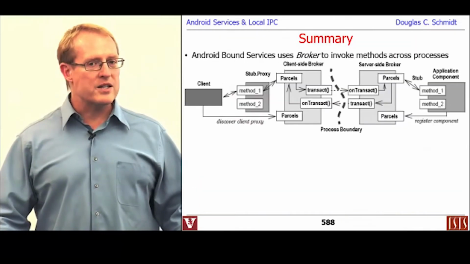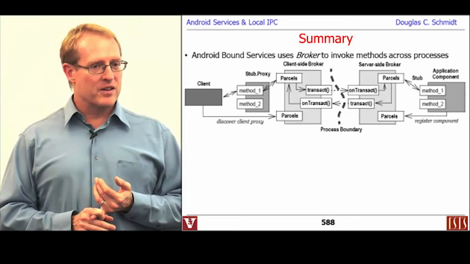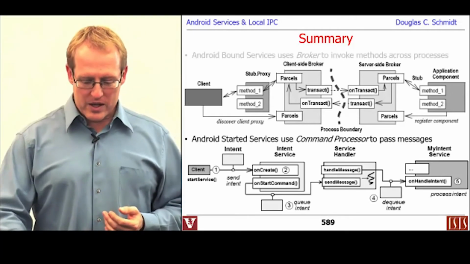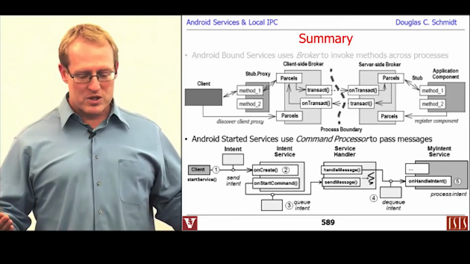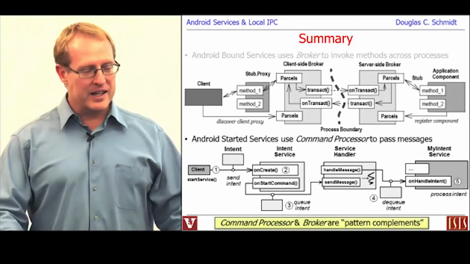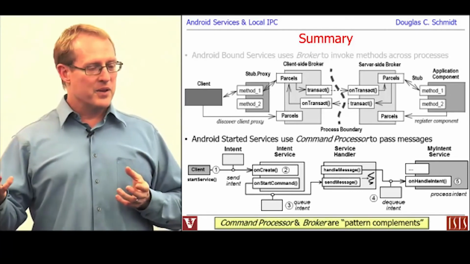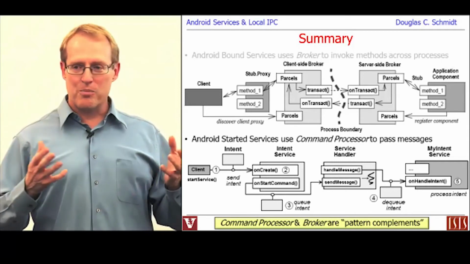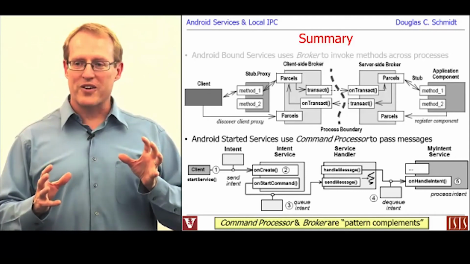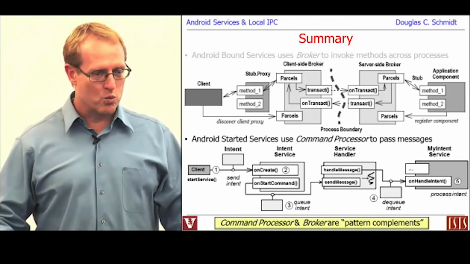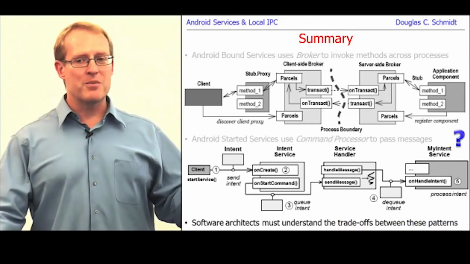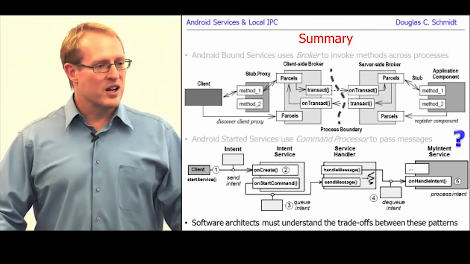Okay, so to summarize the broker, you have support in Android via the binder and AIDL for broker. You have support for started services, which use the command processor pattern to do message passing. And in some sense, then broker and command processor are pattern complements. You can use them for different purposes. They sort of compete with each other. And as we talked about last quiz, you would choose one over the other depending on the circumstance in which you find yourself. It is your job, or the job of whoever you work with, to understand the trade-offs